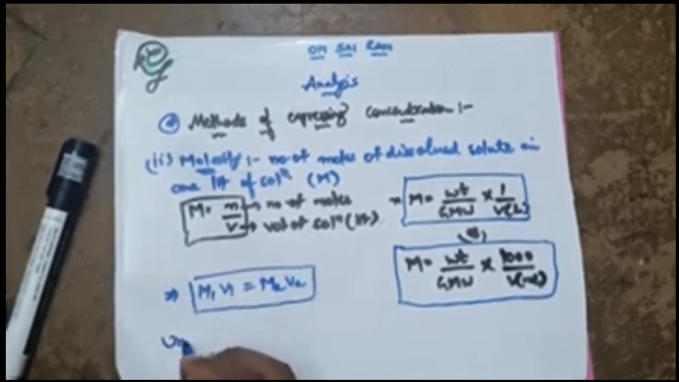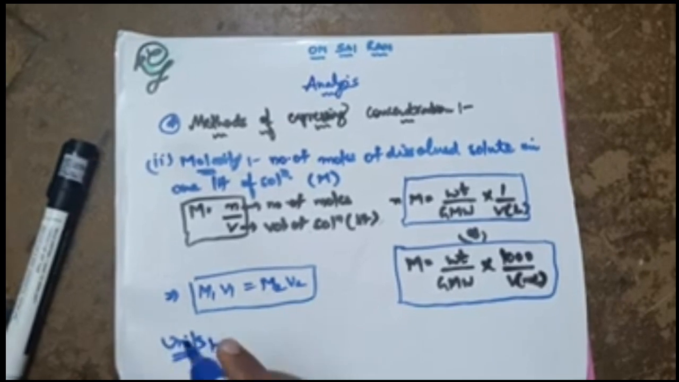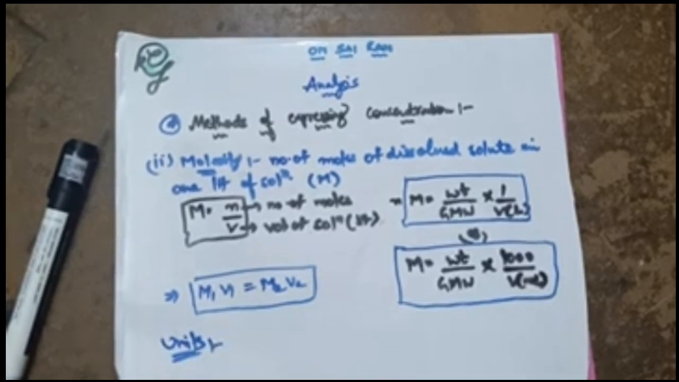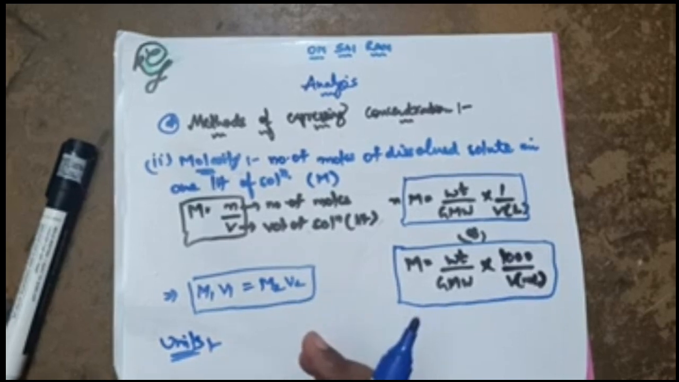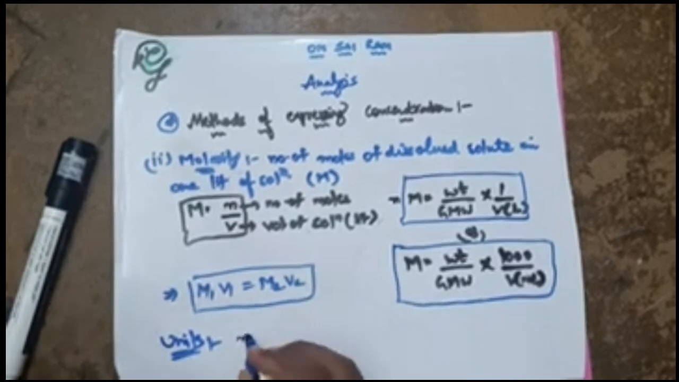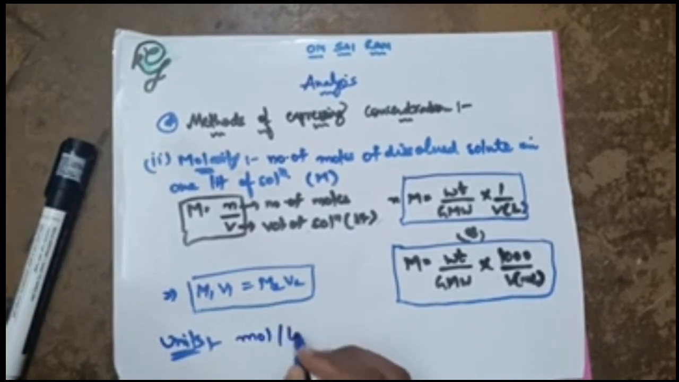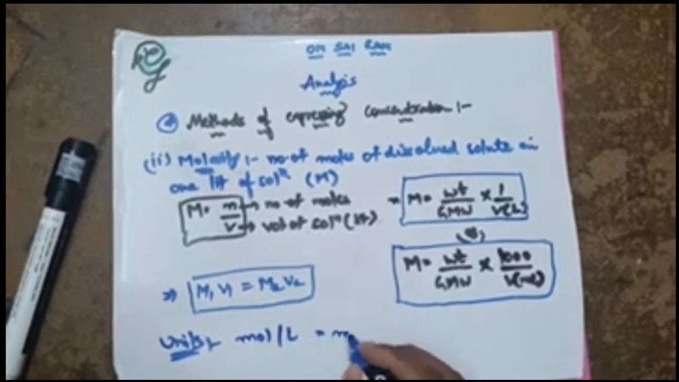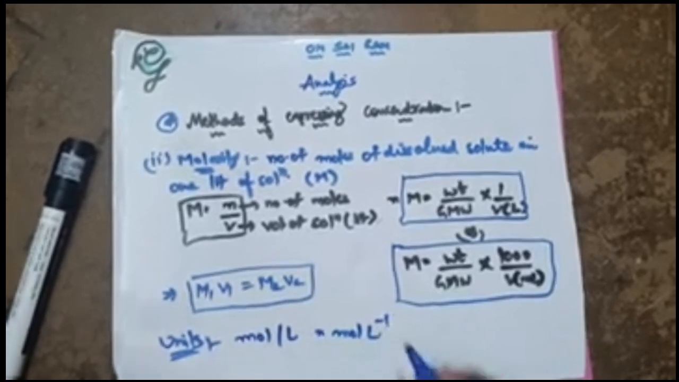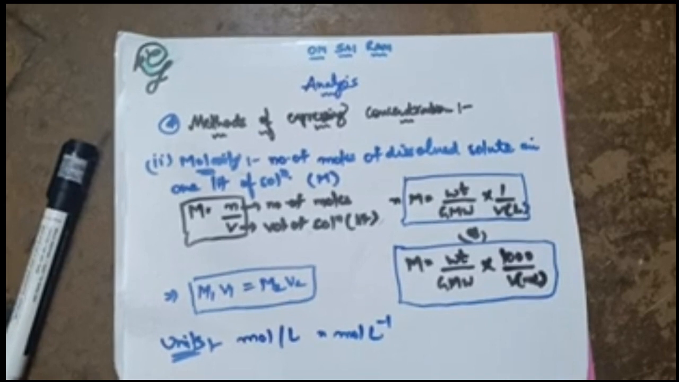If you see what the units are, it is number of moles by volume, right? So the units are usually mole per liter, or you can write mole per liter inverse. Okay, so next let us see